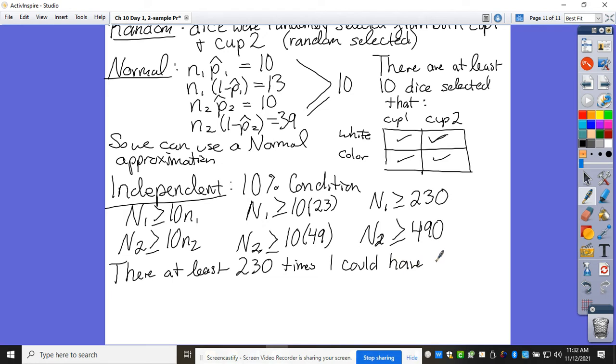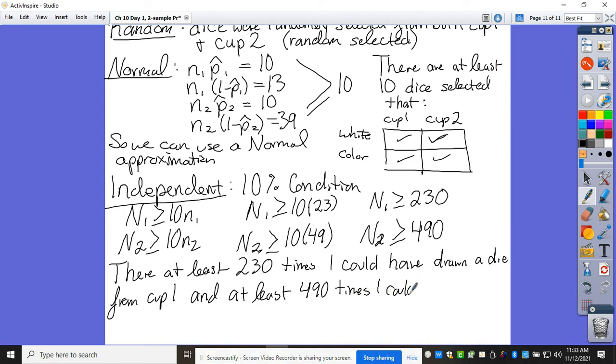So now think about wording it like an answer. Drawn a die from cup 1 and at least 490 times could have drawn a die